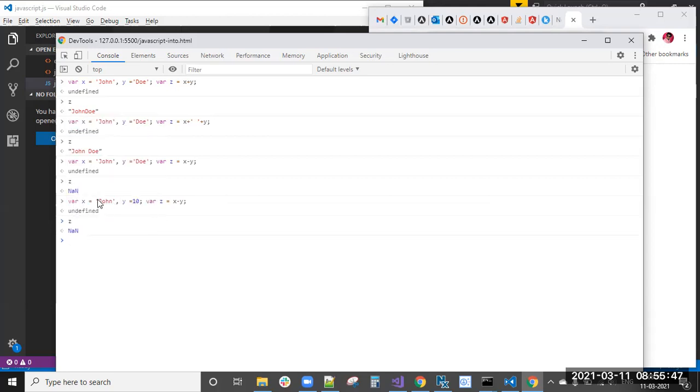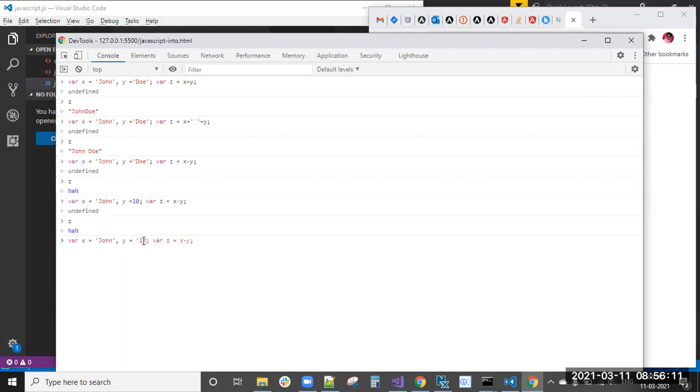It should be John 10, right? But John 10 is a different case, I will let you know. Here also, if you try plus, minus, star and division, you will get not a number. You will get John 10 when this 10 is in number format.